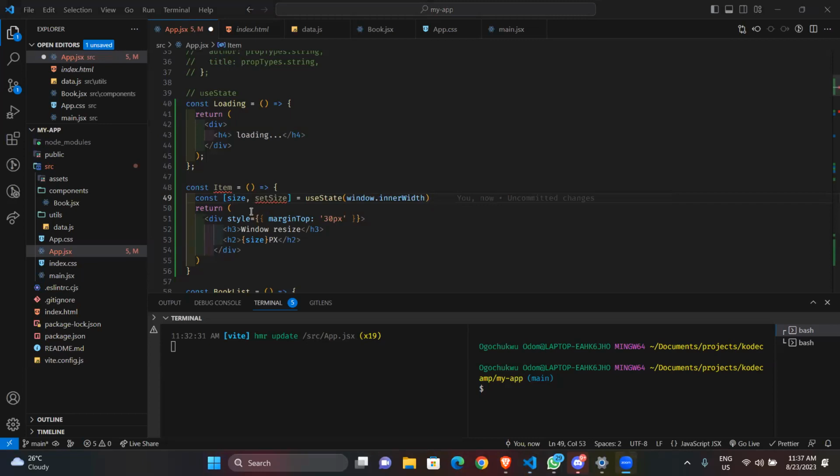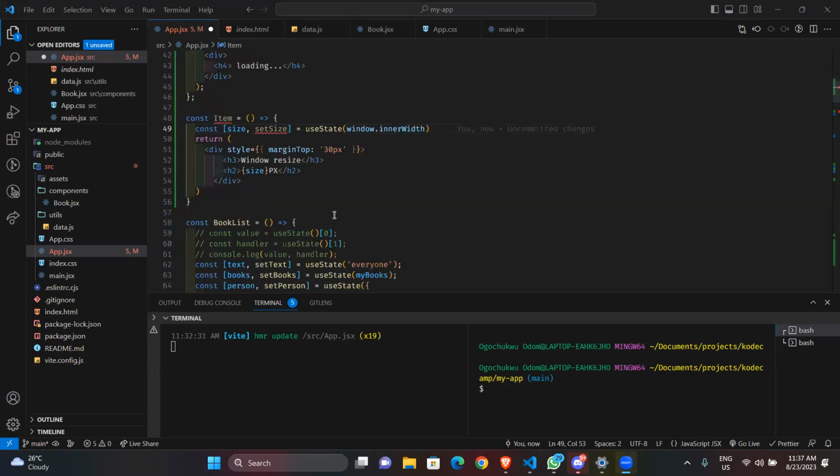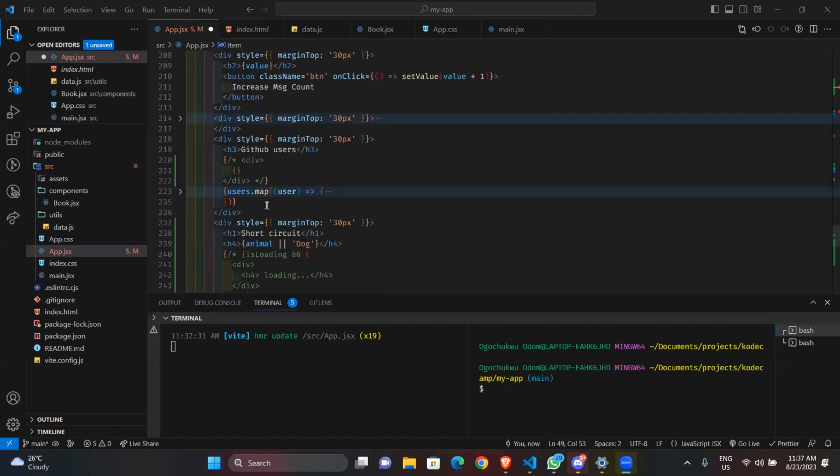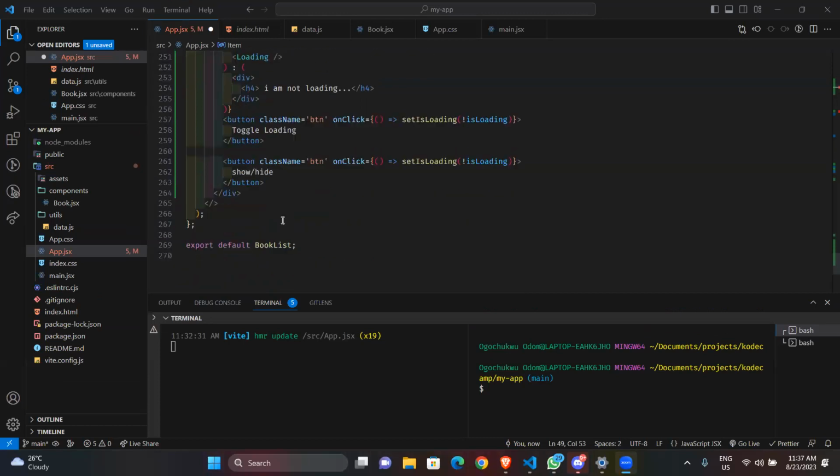Okay, so I have size, inner size, and we have this. I want to be able to display this, so I'm just going to use the whole short circuit method. Just above here, I will call this, and I will say,